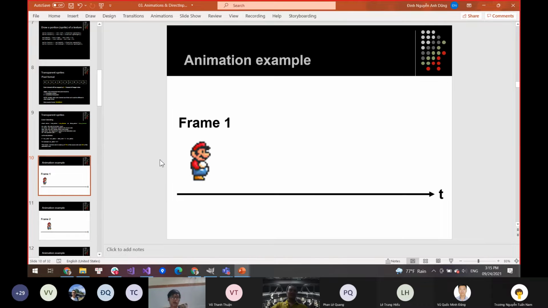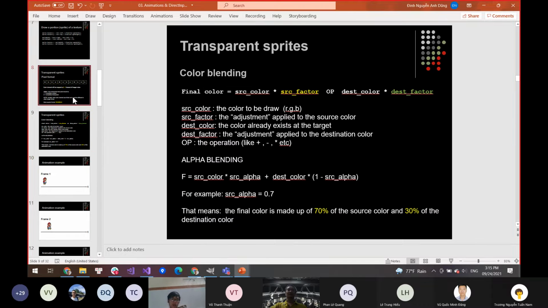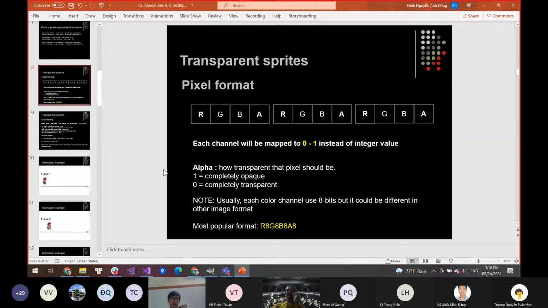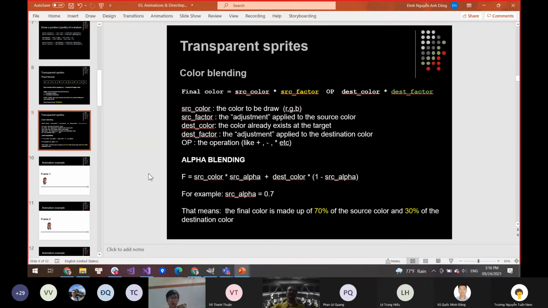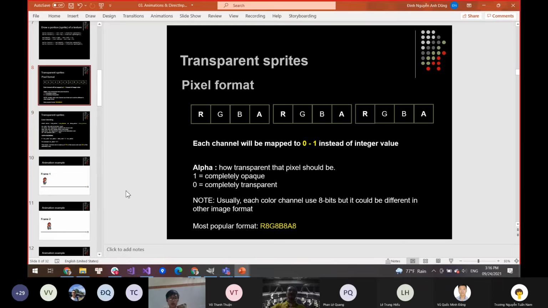surround material to become transparent. So that is the topic of how to make a transparent sprite. In order to do the transparent sprite, we have to do 2 steps. First of all is to enable alpha blending. That is the alpha blending function from DirectX, and then we need to do a manual task to convert